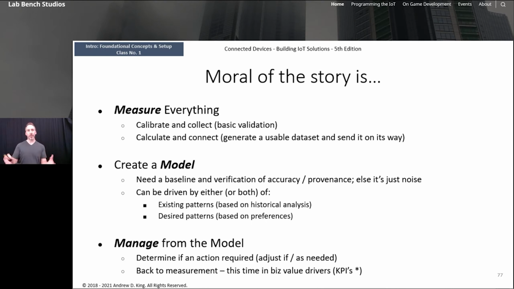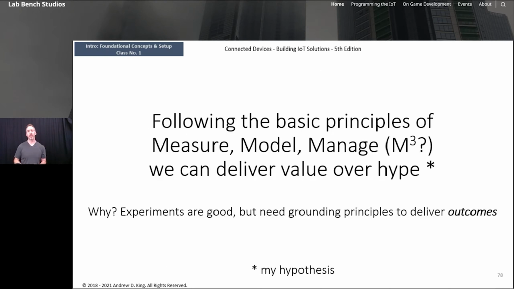Model what you can to create your baseline and know where your ranges and bounding boxes are, and then manage to that model so you can determine what things are valuable and what things are not valuable. So these three constructs go together and help you to make better decisions, and this ultimately helps us deliver